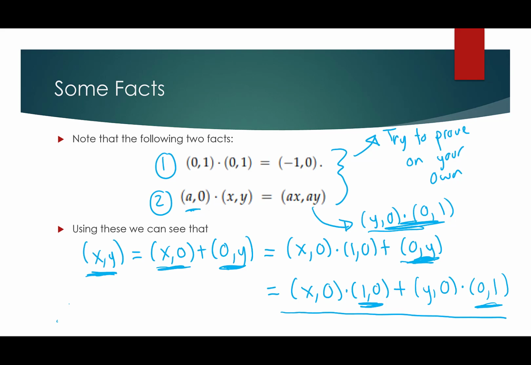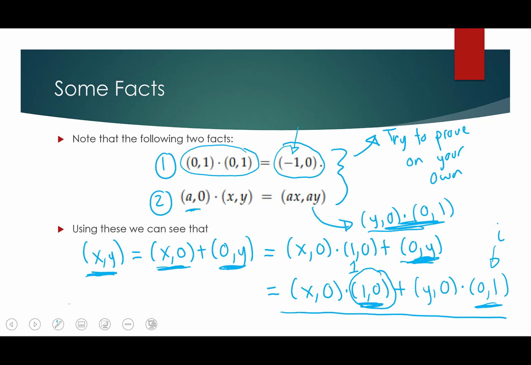But the other thing I want to note too is that 0 comma 1 has this strange property. If you take 0 comma 1 and multiply it by itself, you actually get negative 1 comma 0. And 1 comma 0, like we said before, you can think about as the number 1. But 0 comma 1, we can't think about as the number 1, but we can think about it as another number. Just keep in mind property 1: what's a number that you know if you square it, you get negative 1? The answer is i. So we can think about this as our imaginary number i.